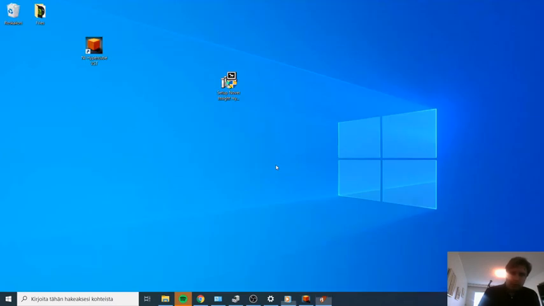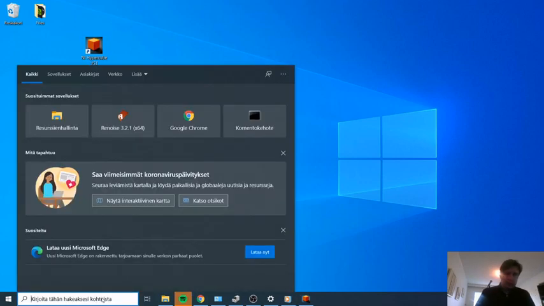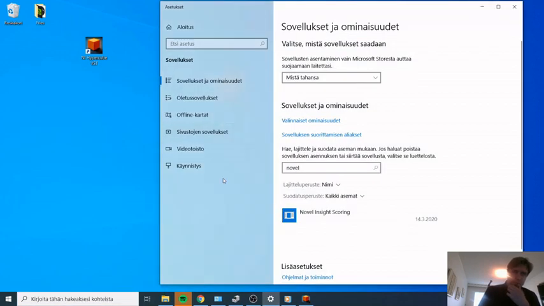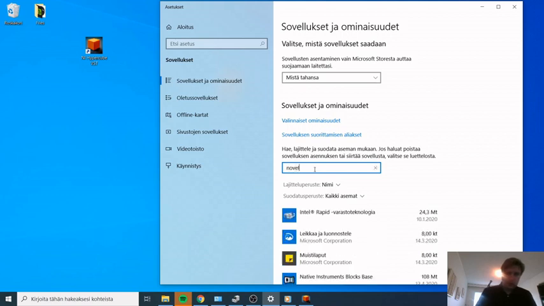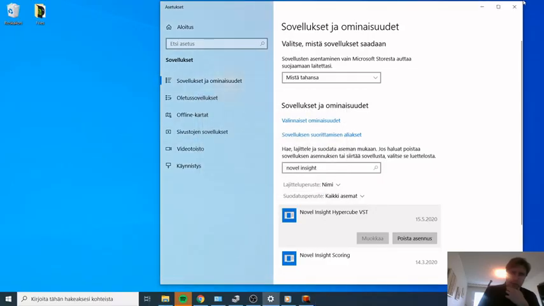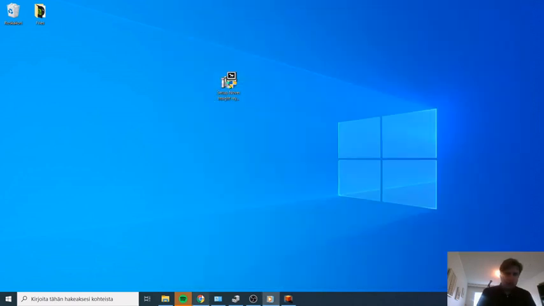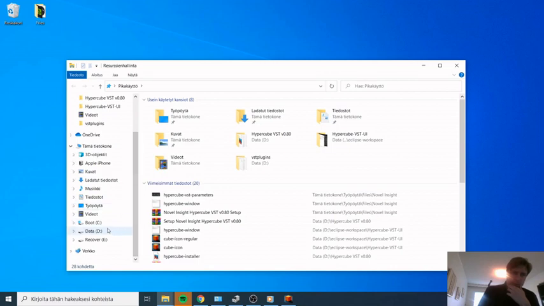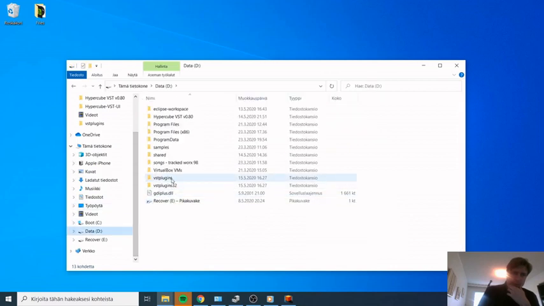So now it's quite easy. If you want to remove the Hyperloop VST, it's possible to remove it using the normal Windows user interface. You can remove the software, but what it doesn't do is remove the Hyperloop files from the VST plugins folder.